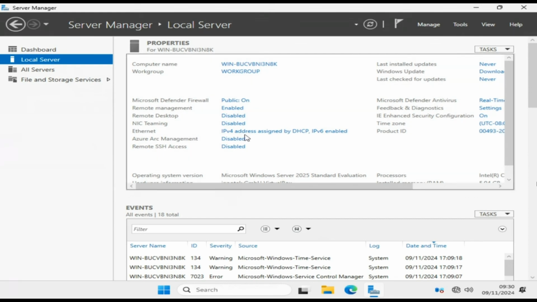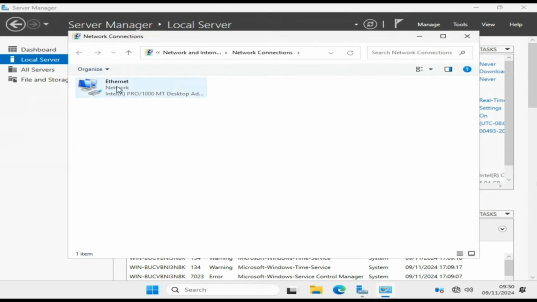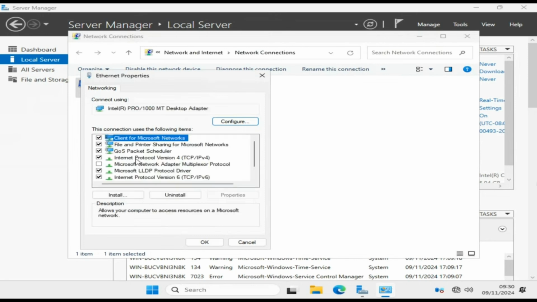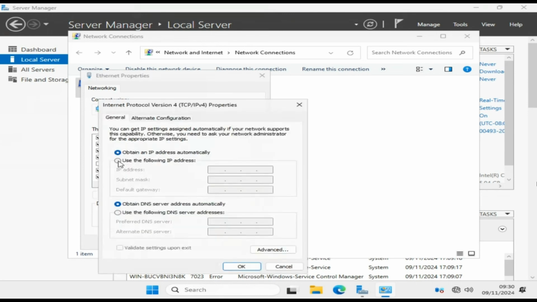So it does support IPv4 and IPv6, as you could see under the Ethernet section here. I'll just click on the IP version 4 hyperlink. So it has taken me to the NCPA network connection console. I'll just click on properties, select Internet Protocol version 4, and then I'll just enter the IP address. Currently, it is dynamically assigned. Now I'm just going to change it to